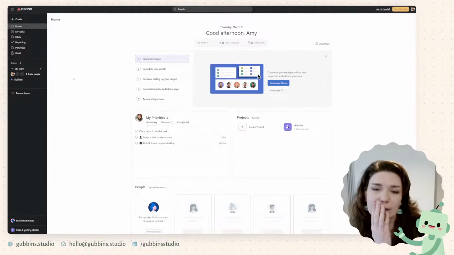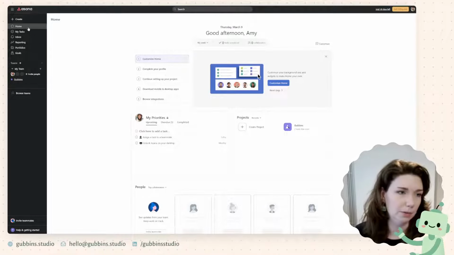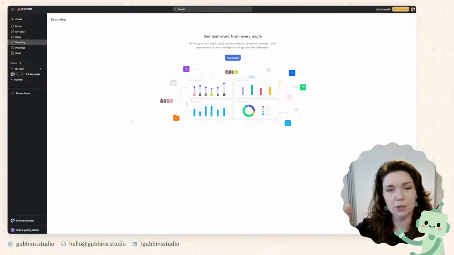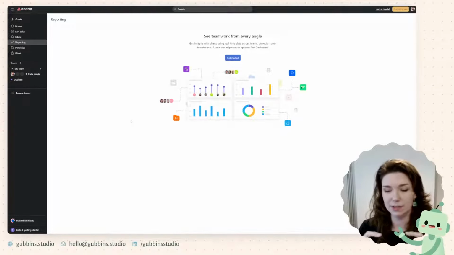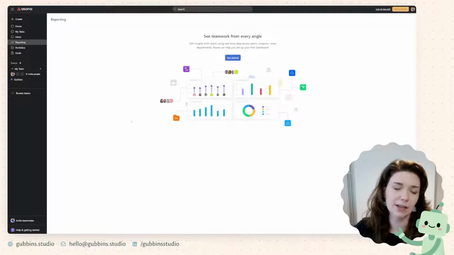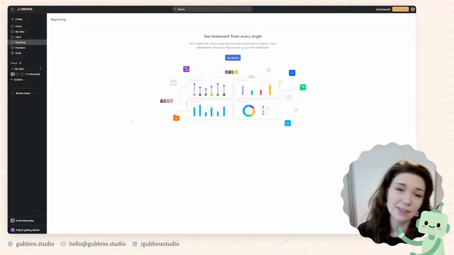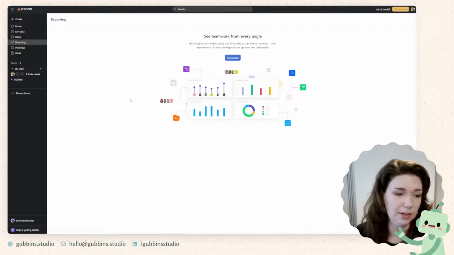How would I describe it uniquely? I guess it's more powerful than Trello because you've also got features like reporting. So with Asana, you can create a dashboard, which is very helpful if you're working with multiple people, and you can see their progress as individuals. Say you each had 12 tasks, you can see who's doing what, how far each person is, et cetera. Yeah, that's just something unique that